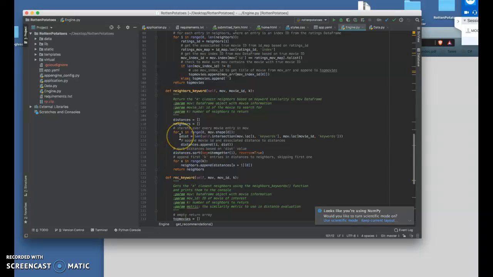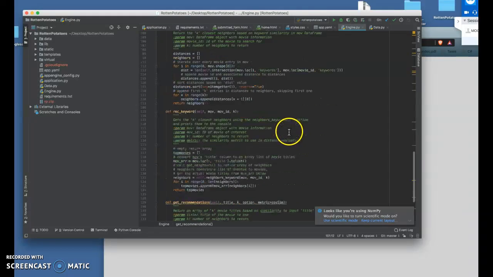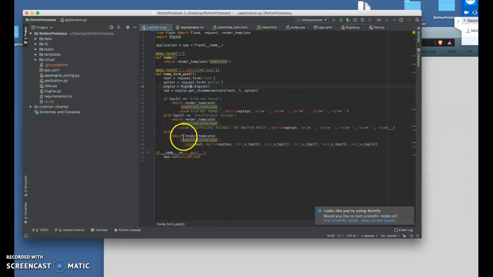The number of overlapping keywords is stored here in a list of tuples. This list is then sorted in reverse order to get those movies with the most keywords in common, and the neighbors are returned back to the application over here in this top variable, which then prints out the recommended